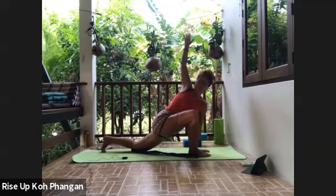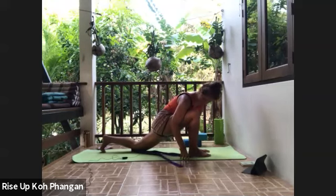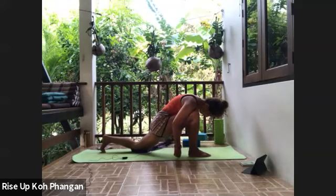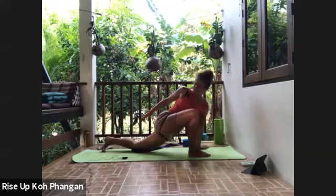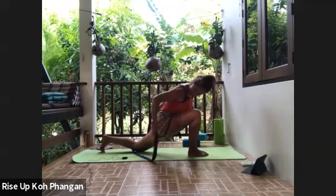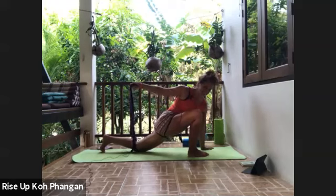Inhale. Bring the top arm up. And no, I think I did it wrong now. So both edges should be on the left. No, I'm totally confused. Okay, so they should be behind your body on the right side. And then